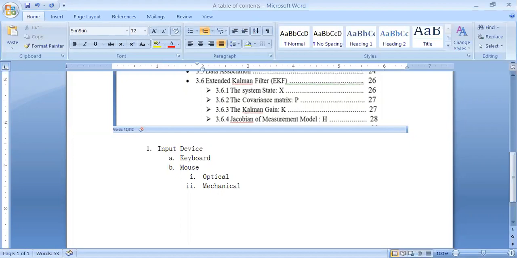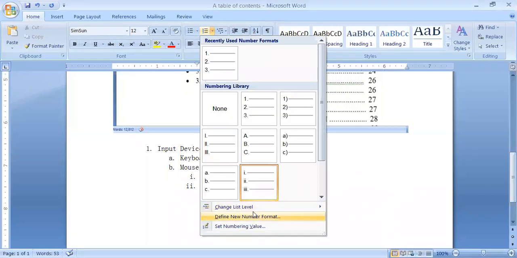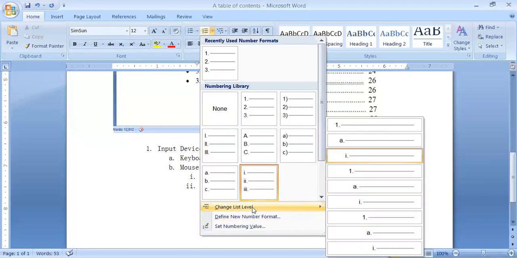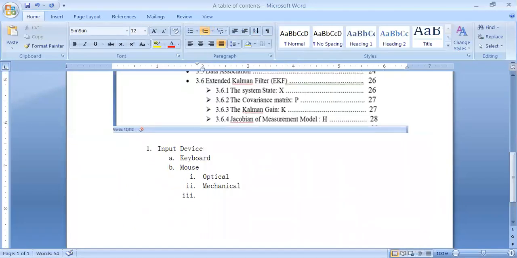So this is a simple way in which you can create a section, subsections, subtopics, whatever, however many sections and levels you want to create. This is done with the help of the option called change list level. With this option, you can have separate levels of description, as you can see in a table of content. Now in the next topic, I am going to show you how you can create the table of content.